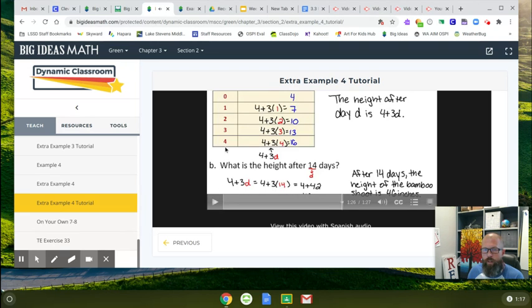So that's a lot really fast. So you might need to pause it and go back. Really, the key is instead of solving every single day, this gives us an equation